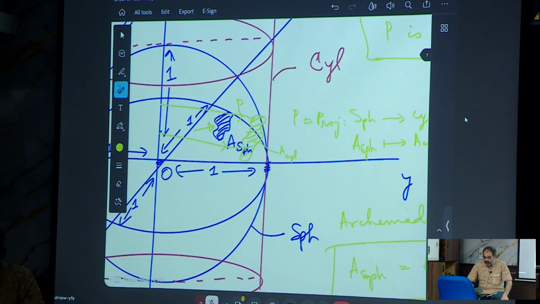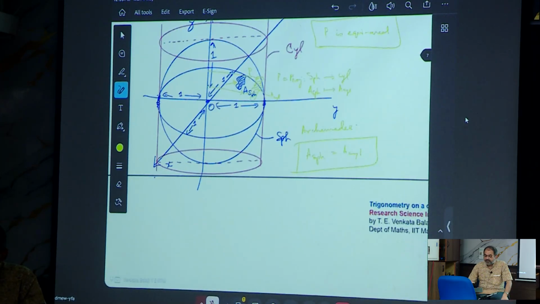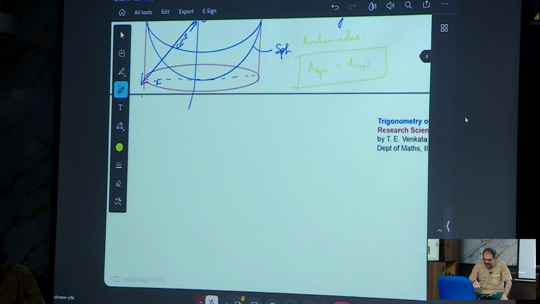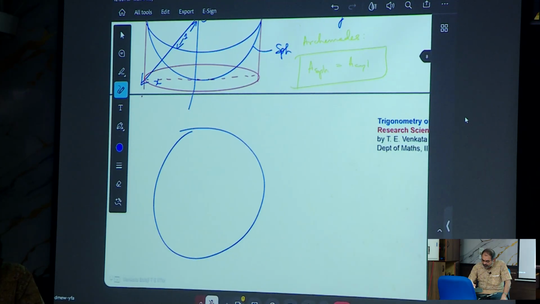This is Archimedes' theorem. Now, what is the beauty of this Archimedes' theorem? So here is a nice takeaway, and I think I'm also ending. I'm nearing the end of my talk, and I've also exhausted the time that was given to me. Here is a beautiful thing. So suppose I take a point, for example, this is the North Pole and this is the South Pole, if you want. And suppose I take